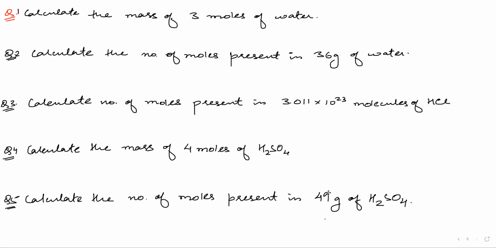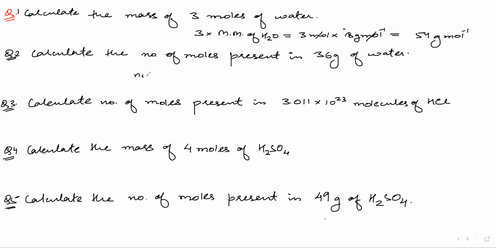Okay, so you guys keep going on. I will start with the first question now because both of you must have done the first question. The mass of 3 moles of water will be equal to 3 into the molar mass of H2O. So this will be 3 mole into 18 grams per mole inverse, which will be equal to 54 grams.